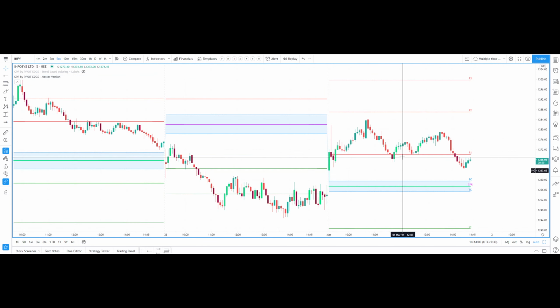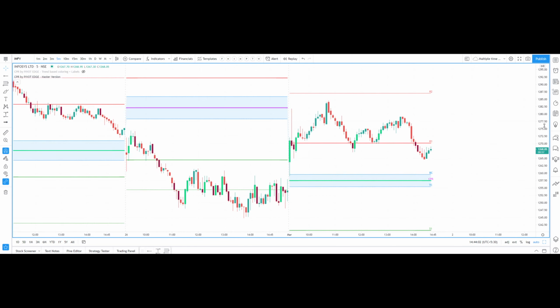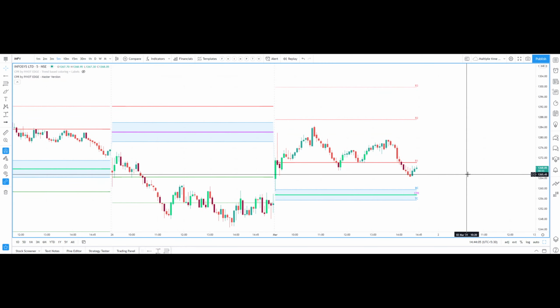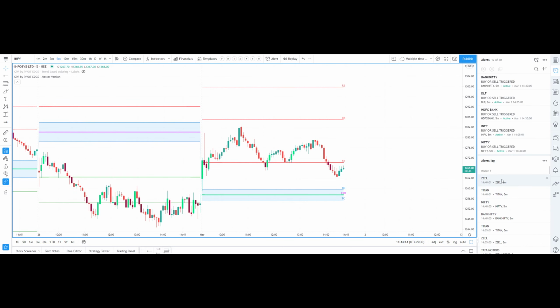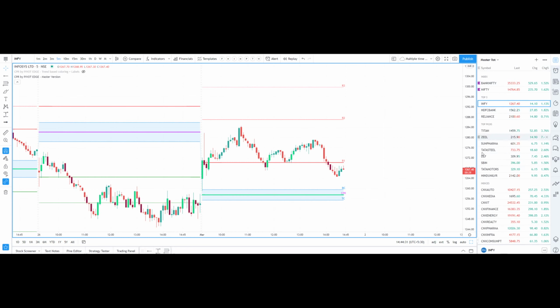So automatically, whenever there is a buying opportunity or selling opportunity, I get triggered an alert. I get a sound, and I also get an alert telling me what to do and which stock is giving a buy or sell now. You can use it for at least 300 to 400 stocks, and you can set it once and leave it for 3 months or forever. There is no need to go and set your alert system daily. You can set it and leave it.